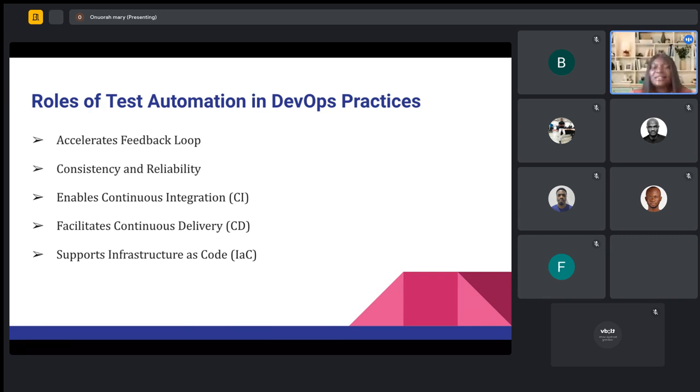Now, automated tests ensure that changes to these infrastructure scripts, the scripts responsible for your setup and your infrastructure, do not in any way affect your environment setup, thereby supporting a reliable and consistent infrastructure deployment, right?